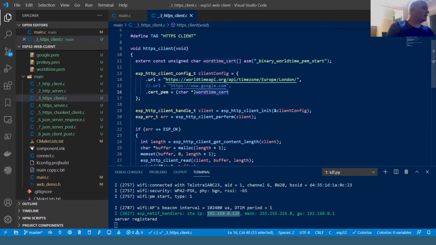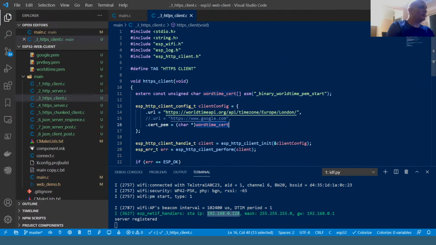So you might be wondering how the hell did I get this certificate in there? Right, so I'll go through that very quickly. You can see over here that I've got this particular instruction. It's essentially calling the assembler language and getting a reference to a particular location in memory, where it's called underscore binary worldtime pem start. And the way that this works is we have the capability of flashing or putting